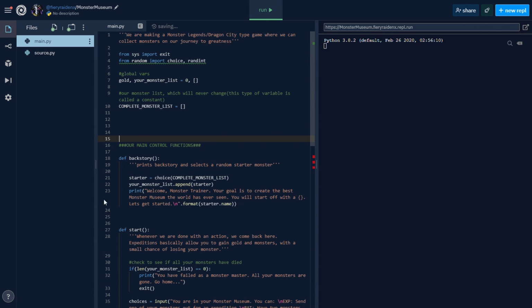Okay, so before we take a look at our main control functions, let's talk about this. This is kind of obvious. We're probably going to be using this on most projects. Our global variables are gold and our monster list, so what monsters we have. And then our complete monster list is basically every single type of monster possible to collect in this game. In this video, I'm only going to be doing 2 monsters, which is actually very little, but I want you guys to use your creativity to make new monsters with different types of